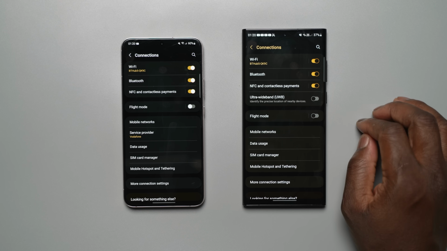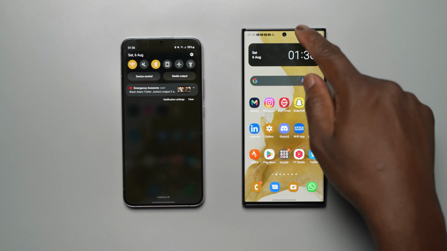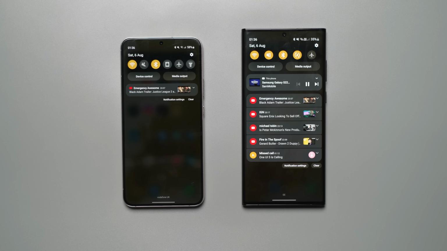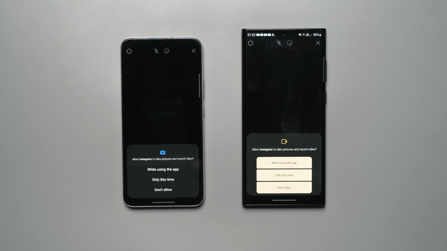The notifications area has been given a slight tweak, with a slightly bolder look, especially to the icons, and a slightly more separated look to them. One UI 5 also leans more into Google's Material You design elements. One of the places you notice this change is the look of the app permissions dialogues, which indeed looks much